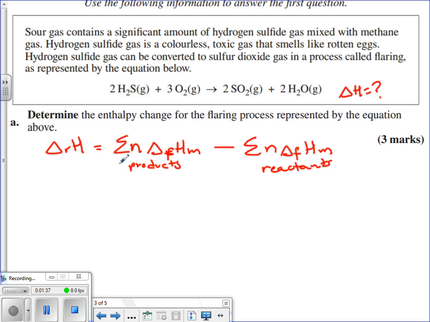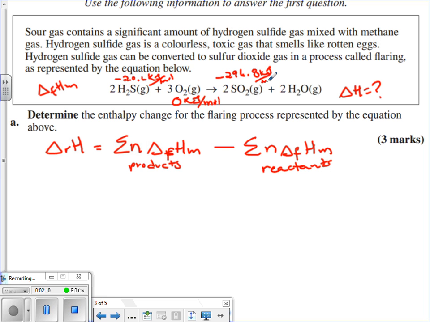If you look up on page 4 and 5 in your data book, the value for H2S, the molar enthalpy, so remember that's delta H f m, for H2S is negative 20.6 kilojoules per mole. O2 is not listed, it's an element, and all elements are zero. So it's 0 kilojoules per mole for oxygen. SO2 is negative 296.8